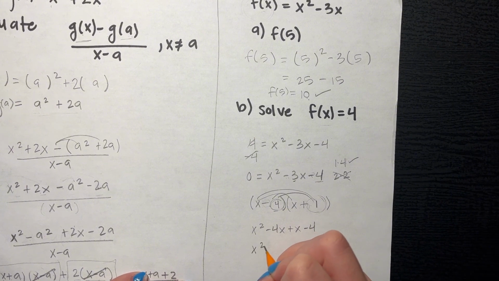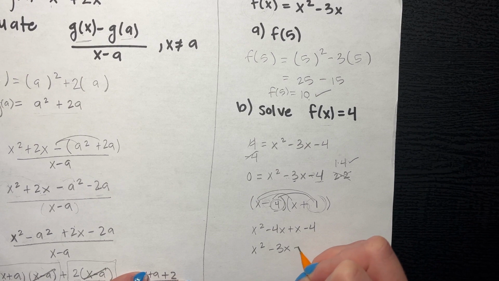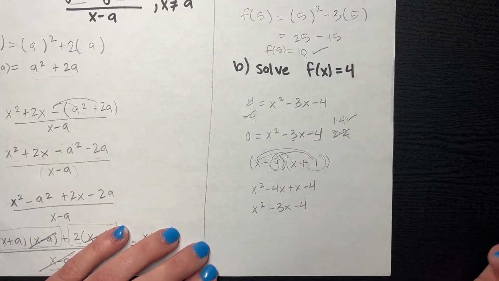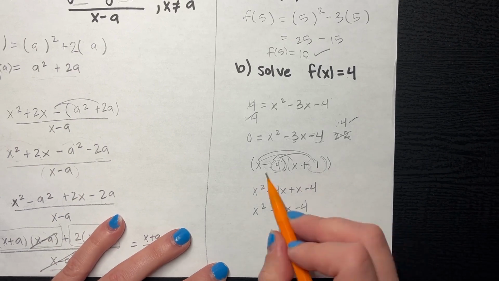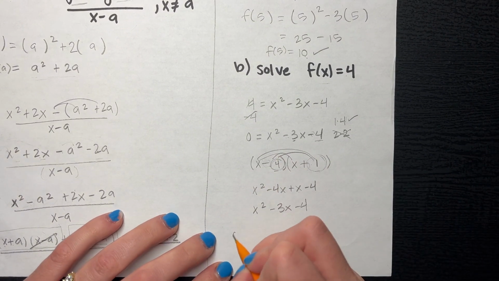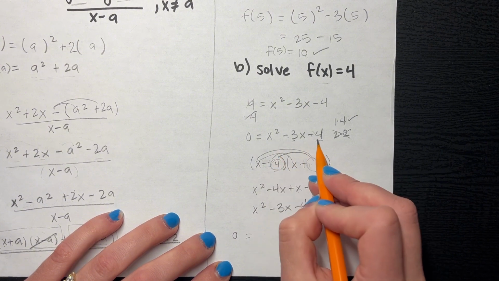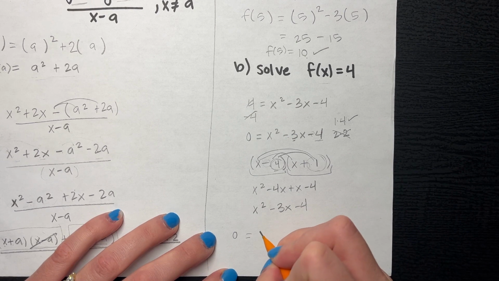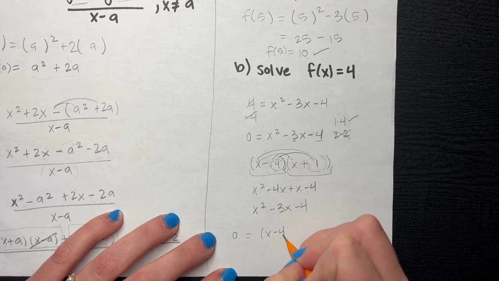And then you get negative 4x plus x minus 3x minus 4, which is what we started with. So great, we have our two terms. It's a little messy. I'll rewrite this down below. So we have 0 equals, and we rewrote this broken up into these two factors. So we have x minus 4